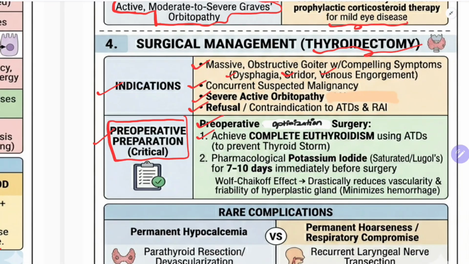So that may cause thyrotoxic crisis. That's why, before going on to surgery, the patient should be stabilized on thionamides or anti-thyroid drugs. The second thing is pharmacological potassium iodide, saturated Lugol's iodine, for 7 to 10 days immediately before surgery. One point to remember is this potassium iodide should only be given after anti-thyroid drugs have